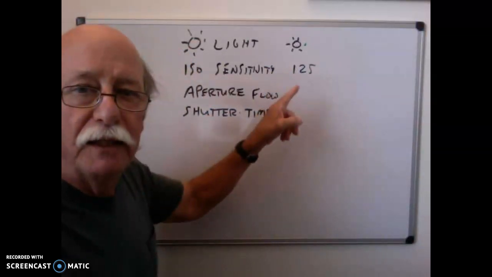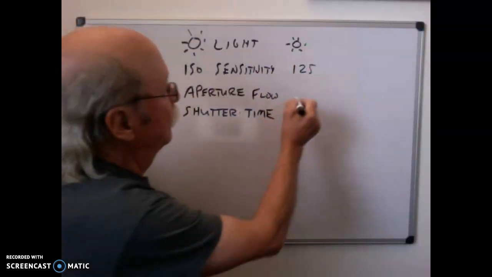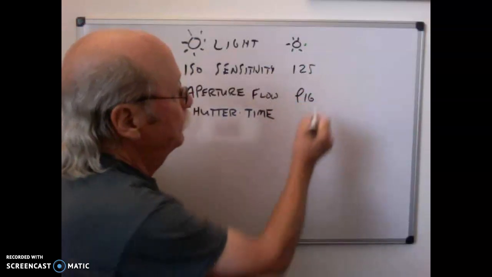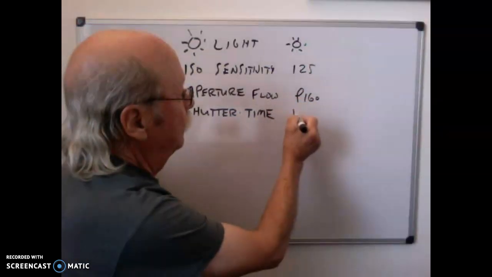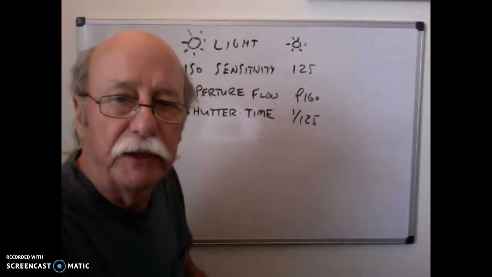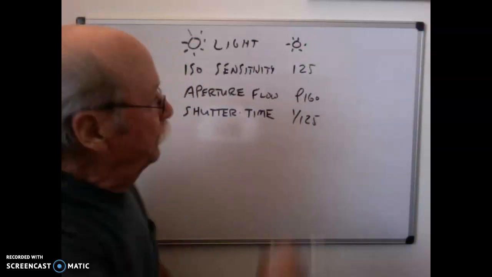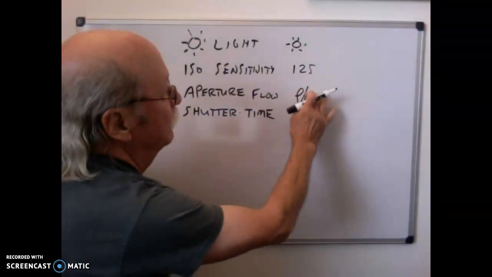If it's sunlight and your sensitivity is set at 125, your aperture is f16, kind of a small hole, and your shutter speed is 125th of a second. Now notice these numbers are both denominators of a fraction. It's f over 16